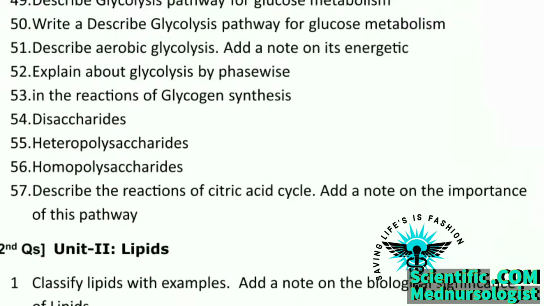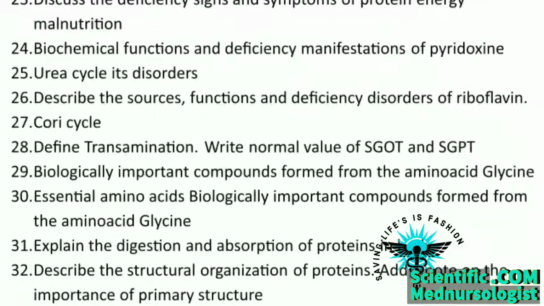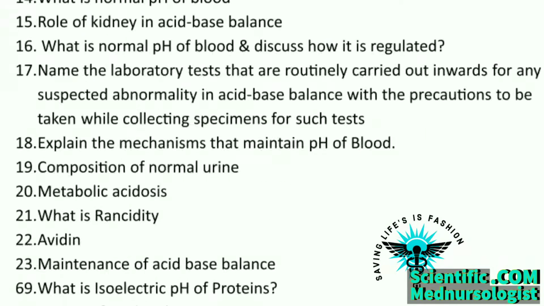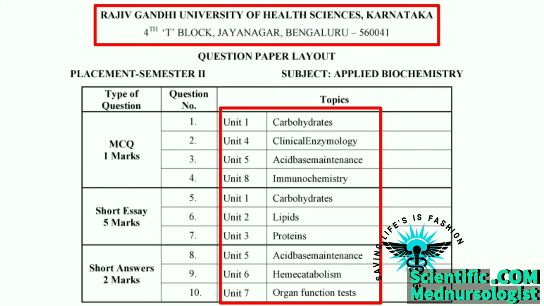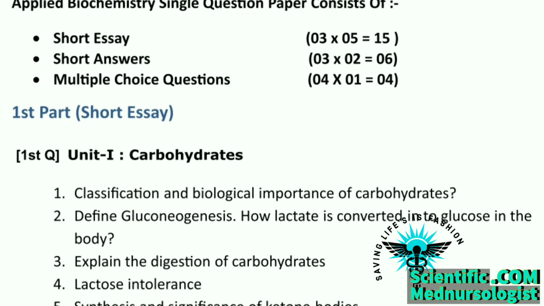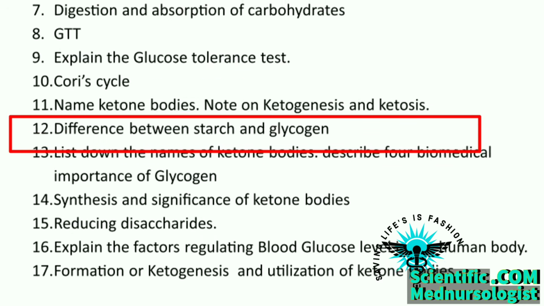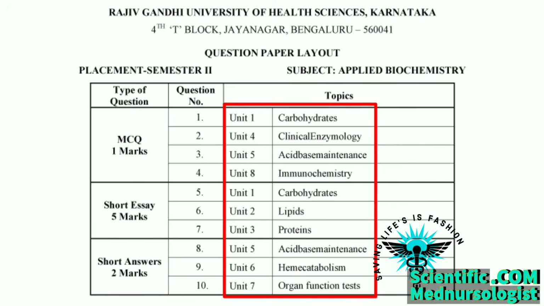These questions are made based on predictions according to the blueprint, that these questions may be asked or come in your degree examination, but it is not fixed that only these questions come in your degree examination, but questions come from these units only, that is fixed. As this syllabus and blueprint is officially released by RGHS, these questions are just made to get an idea about question structure, that is how questions can be structured for 5 marks, 2 marks, 1 mark in all the units of the syllabus of this subject. So just read everything about these units.